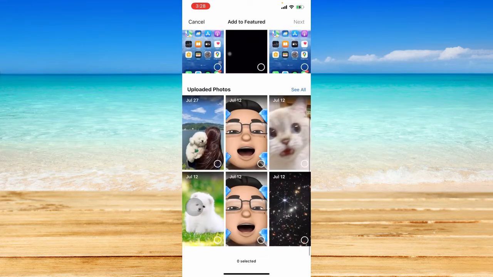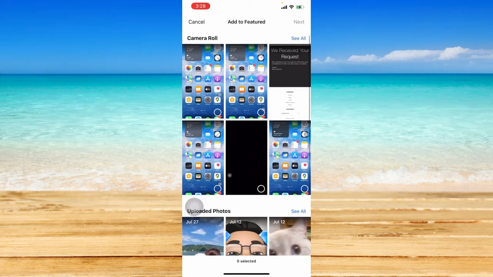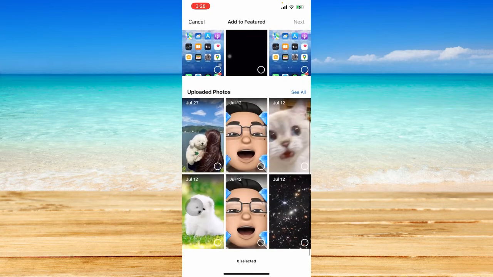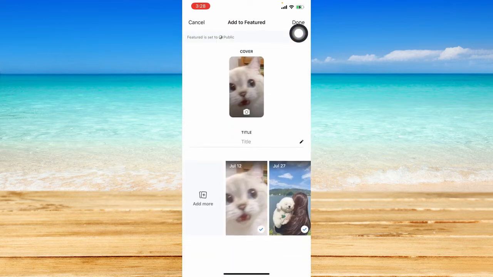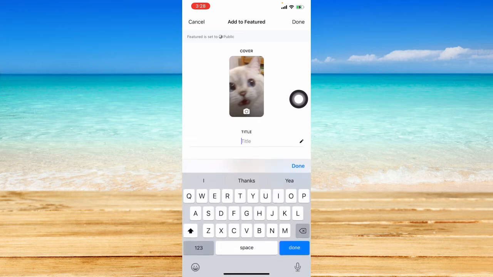You can also add from the uploaded photos or you can add photos from your camera roll. So I'm just going to click an uploaded photo right over here, and you can also select multiple ones. I'm just going to select 2, and once you have selected the photos you want to add to your featured photos, just click on next over here, and you can also type in a title,